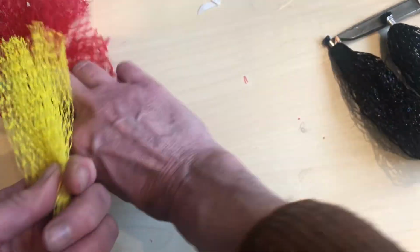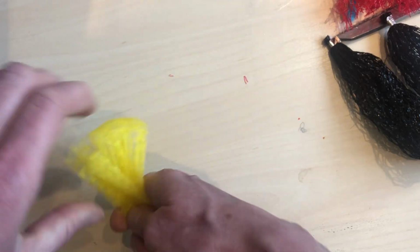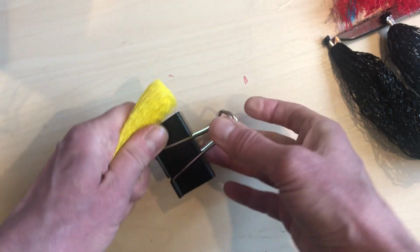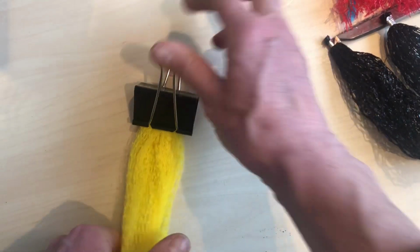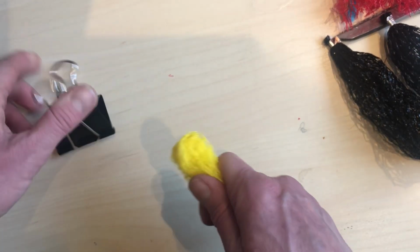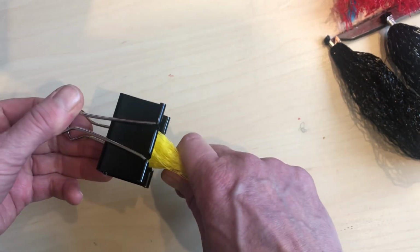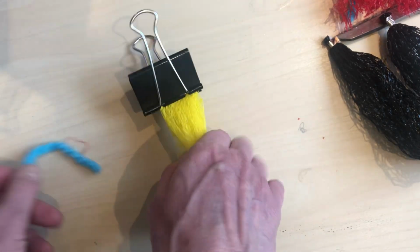It's a fairly long bag. And then I'm going to fold it in half a second time. So now I've got it bundled up onto itself. Here's where, if you have one of these clips, they're great to use. You can clip the end of it. Or if you don't have a clip, ask somebody in your house to hold this for you. So find a friend, talk to mom or dad or a brother or sister, and hold that in place